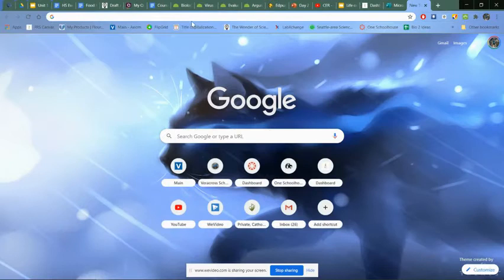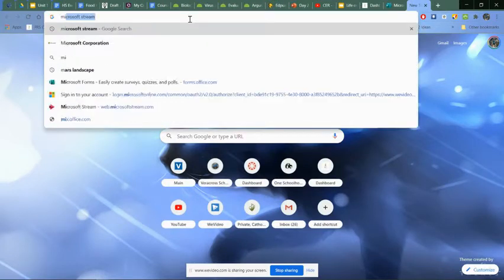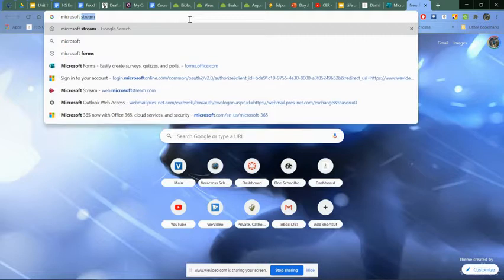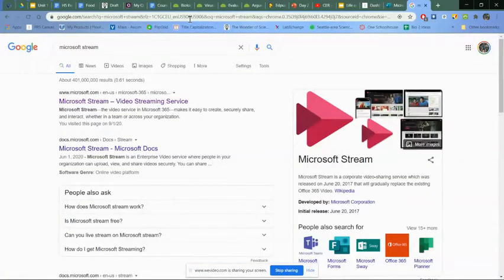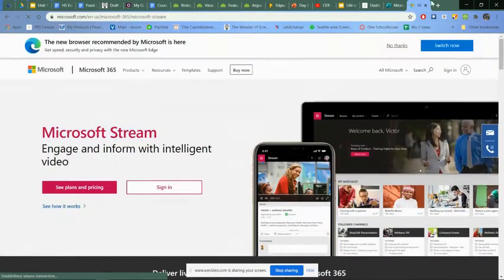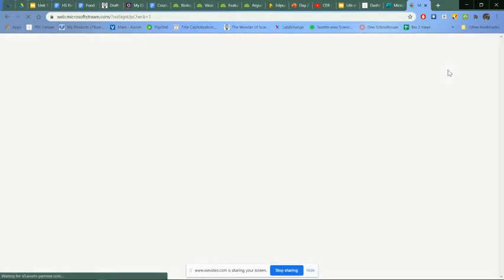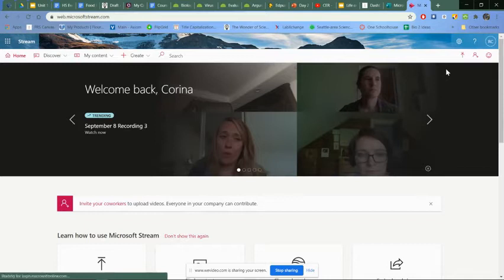So you'll want to go ahead and go to Microsoft Stream. If you just type in Microsoft Stream, it should pop up there. And you'll want to sign in. You'll use your Forest Ridge credentials. Mine does it automatically, but you might have to actually enter some stuff there. And then this is your home. There's some information there if you're subscribed to any channels, but what you are interested in doing is under this